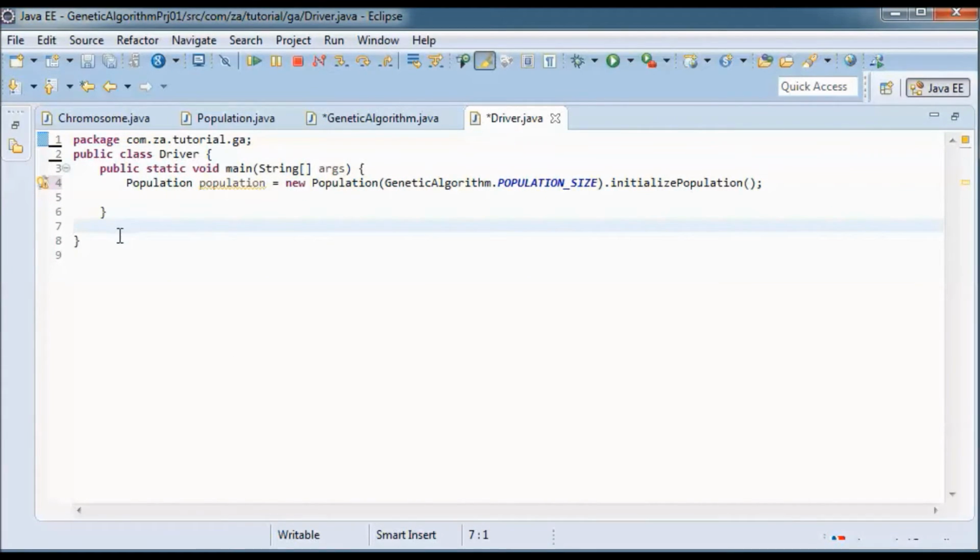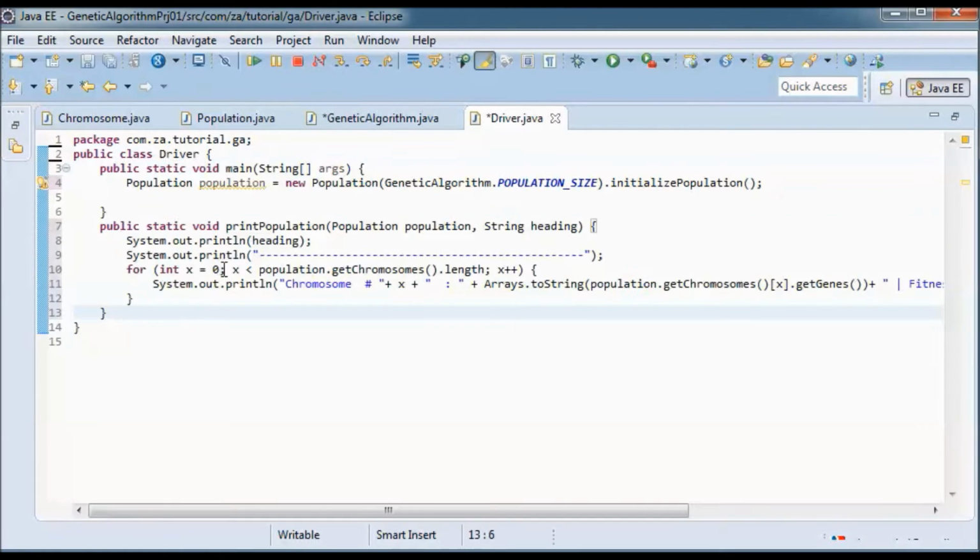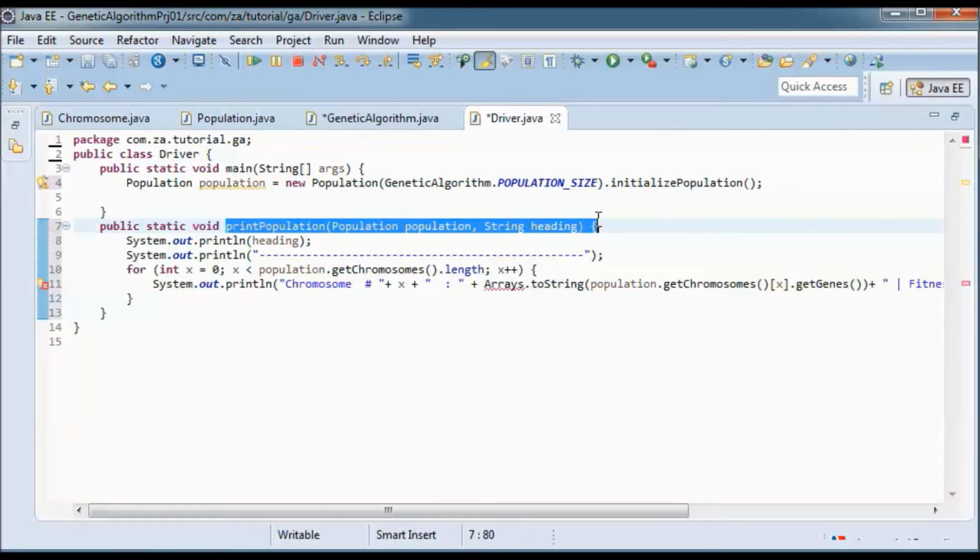And let me define this public static method, print population, that prints all the chromosomes that are in a population, and prints a heading also that is passed in, a title.